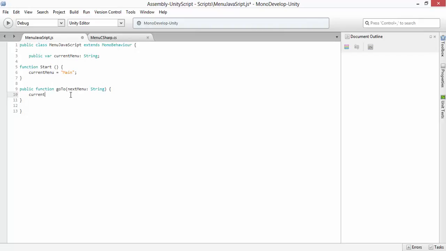So right here we're gonna put what current menu in, which is our main. Oh no, I'm not gonna put main. It's next menu. Alright, so